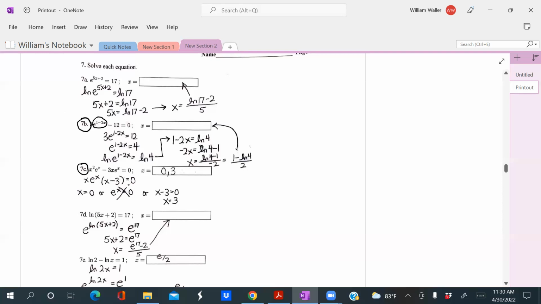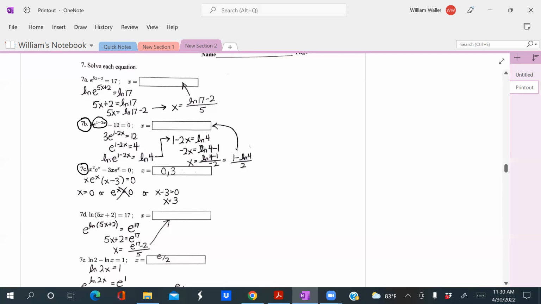That is our classic form for solving an equation in algebra: a product is equal to 0. That means one of the factors is 0. So x = 0, or e^x = 0, or x - 3 = 0. Well, x = 0 is already solved, so one solution is 0. x - 3 = 0 is easy to solve; we know x = 3. The equation e^x = 0 has no solutions, because you cannot raise a number